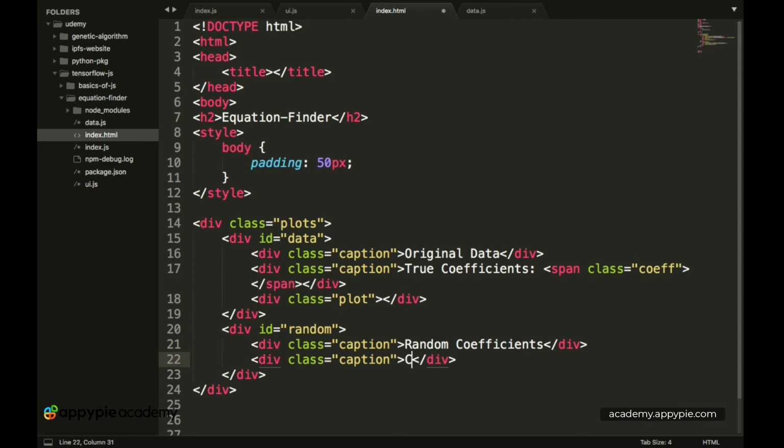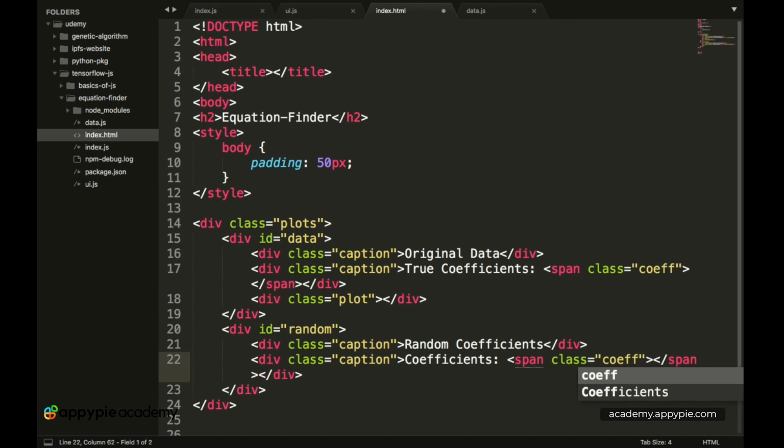So now let's type in coefficients, and now we have a span over here. So now the class of the span is again coefficients. Okay, so then this basically completes this particular div.